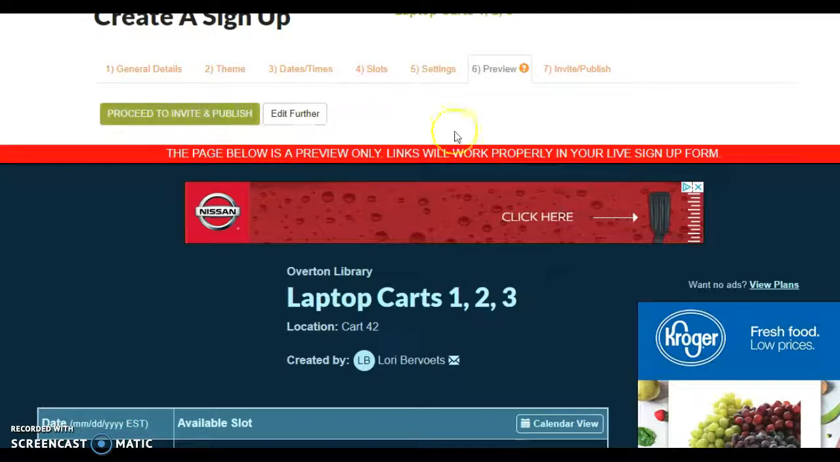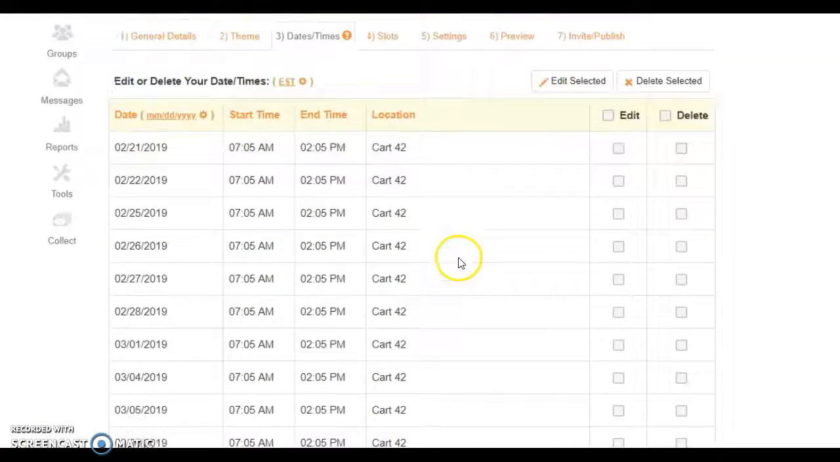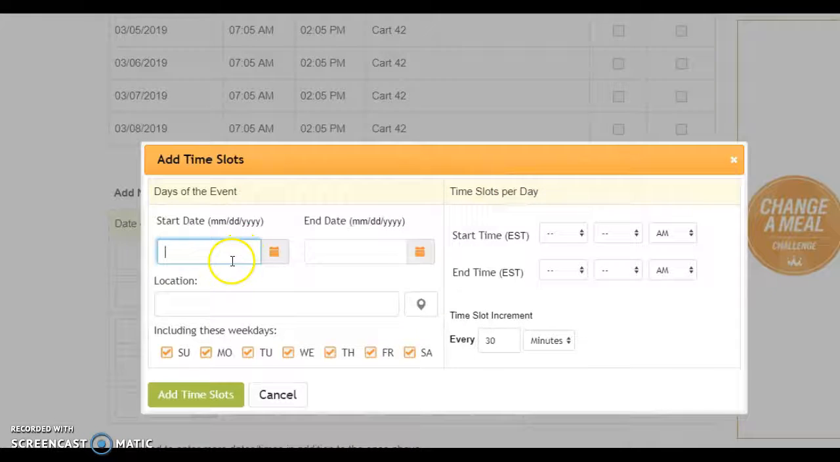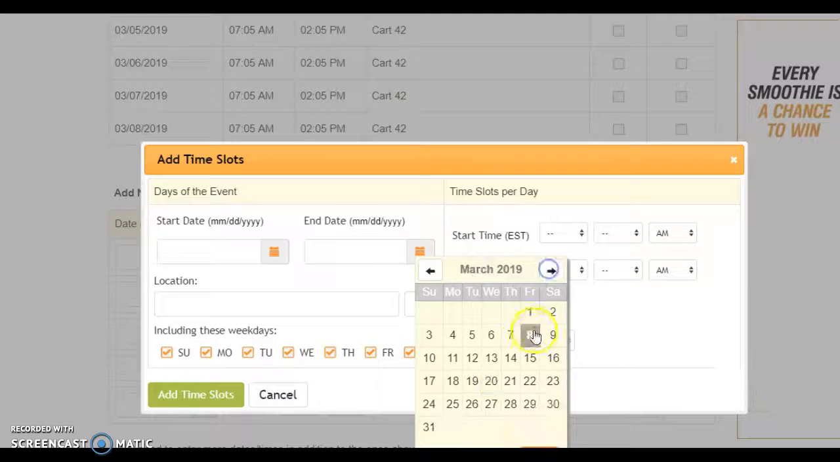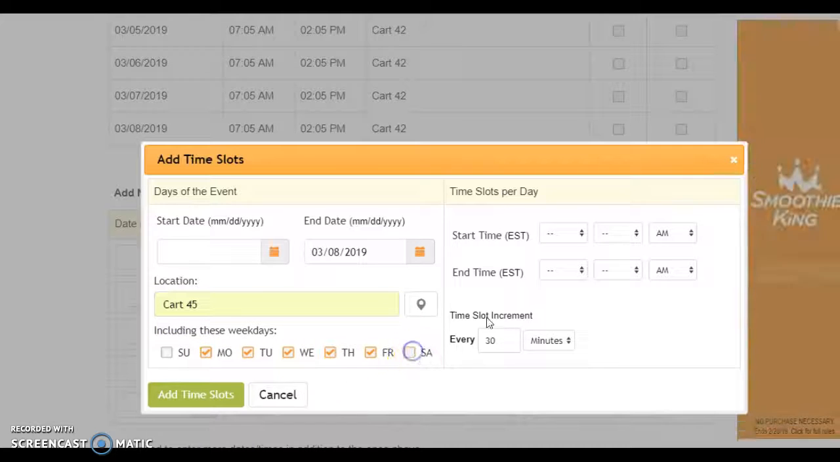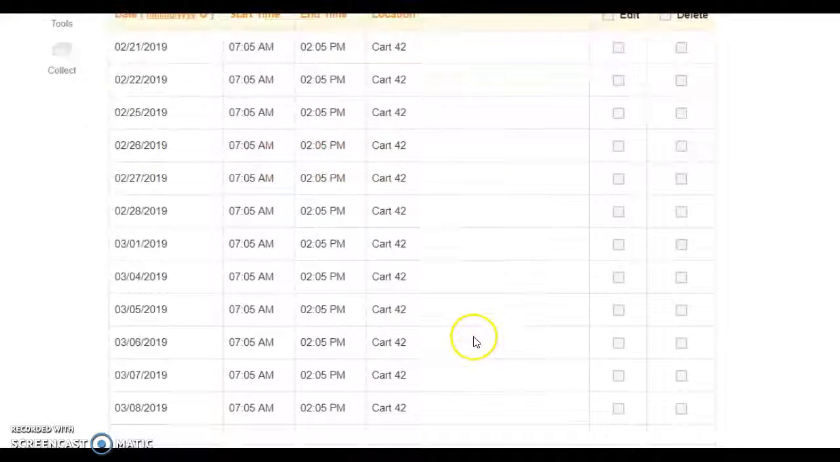And so then I'll go back and I will add more time slots. So then I will do the same thing. I'll set it up with the same date and end it on the same date, but this time I'll put laptop cart 45, and I go through the same process, 7:05 to 2:05 p.m. every 7 hours. Add time slots, and now you can see that